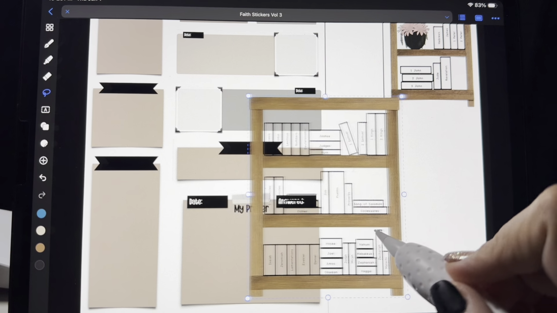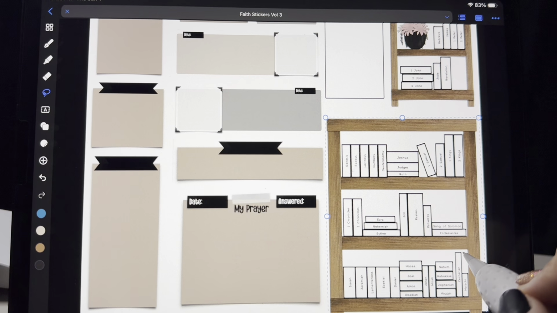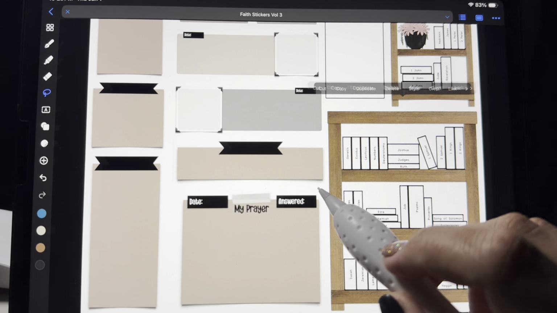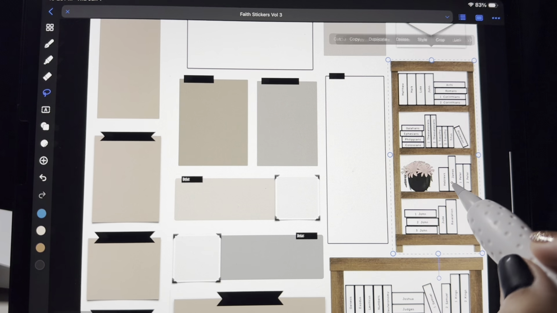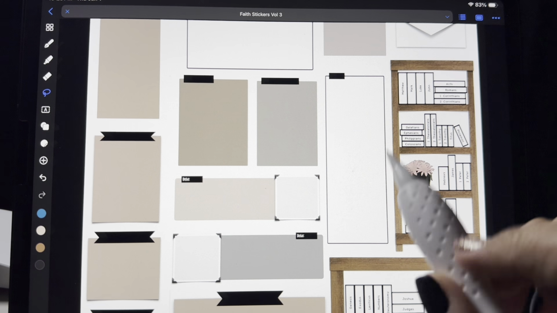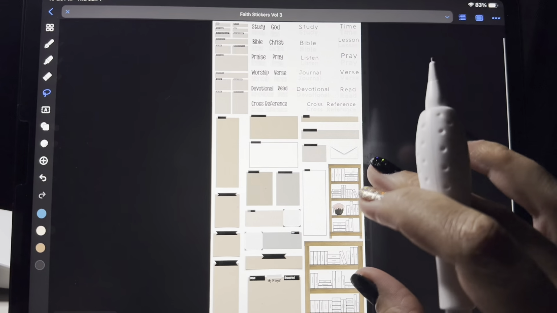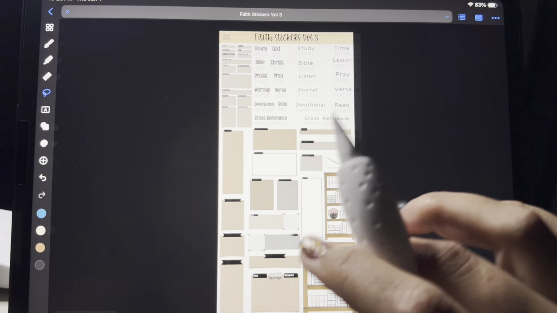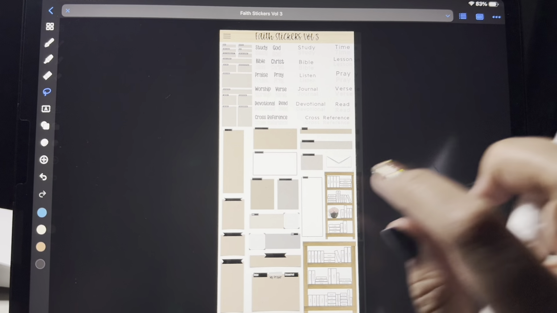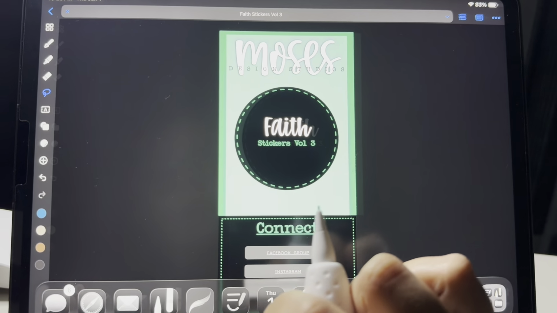And then we have the bookcase for the Old Testament, and then the bookcase for the New Testament. So those are all the stickers that will come in with your purchase whenever you get the